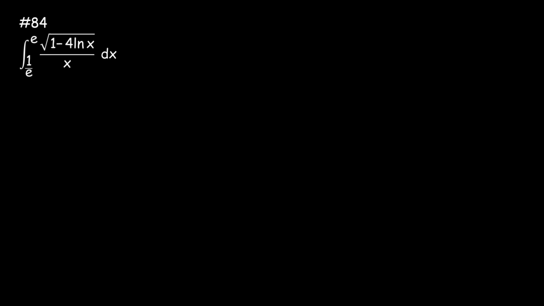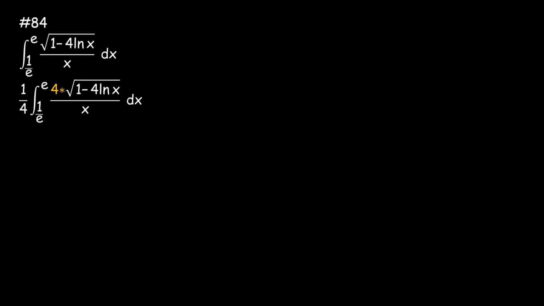And remember that ln x, its derivative is 1 over x, which is perfect. So if we focus on what's on the inside, right? 1 minus 4 ln x. Differentiating that, you have just 4 over x, pardon me. So we need to take out a 4 as always, but we neutralize it with the 1/4 on the outside,